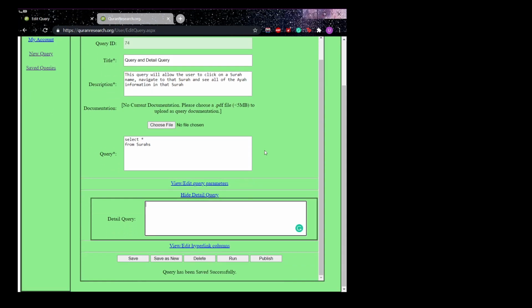So now, let's write a detail query. What is this detail query? Well, we said, hey, we're going to select all from surahs, and we said we're going to let them click on a surah name, just like the hyperlink column that we did in the previous query. But we also said we're going to allow them to see all the ayahs in that surah. So, now we're going to have to use a different table from the database. Select all from ayahs. We're going to have to use the ayahs table where surah serial number is equal to @